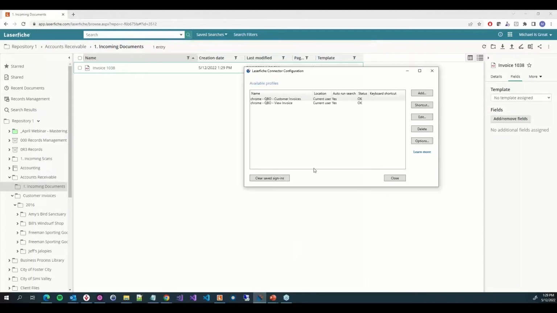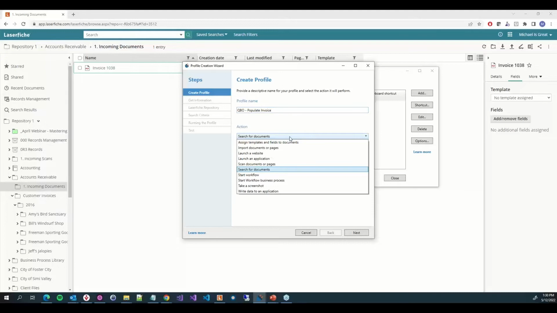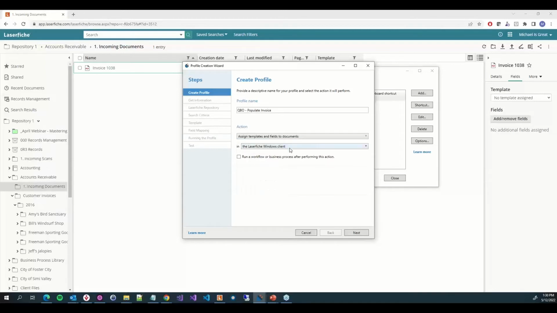Now in our Laserfiche connector profile configuration utility, we will add a new profile. And call this QBO populate invoice. Our action this time is going to be to assign template and fields to documents. We are going to use the Laserfiche web client